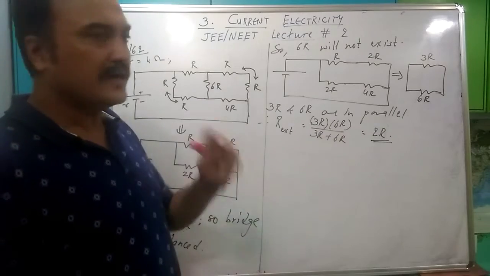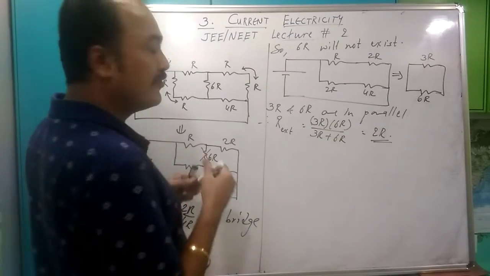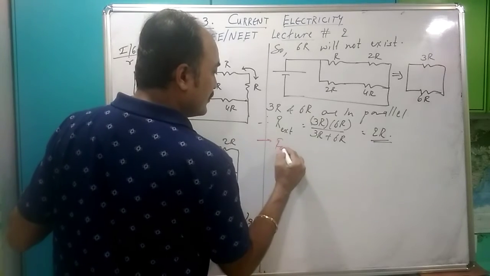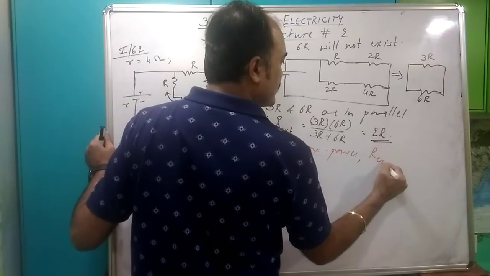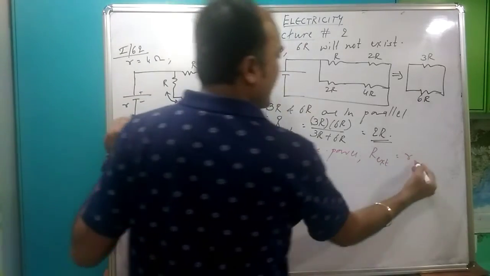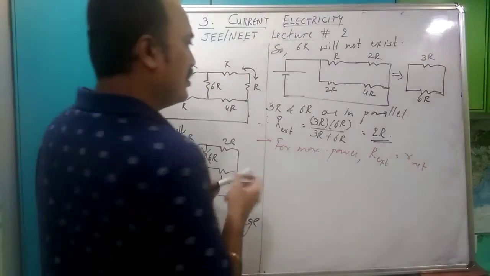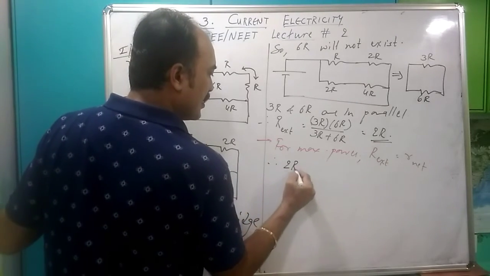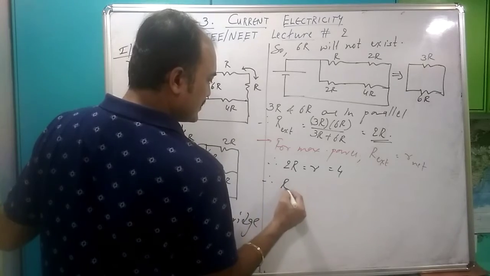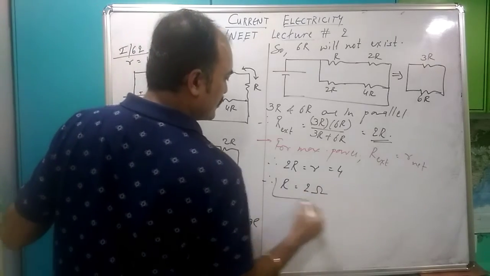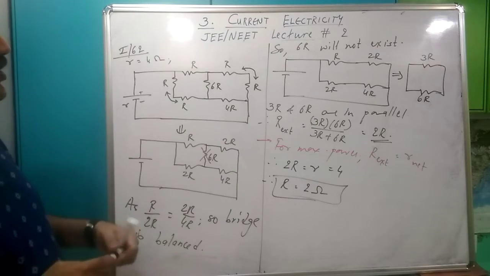Okay, that was easy. But what is more important? Now for maximum power, I think I gave you a relation. For max power, R external has to be equal to the net internal resistance. Well, there is only one r, so 2R has to be equal to small r. Small r is 4 ohm, and as a result R is 4 by 2, which is 2 ohm. So you can check the answer and you can move on.